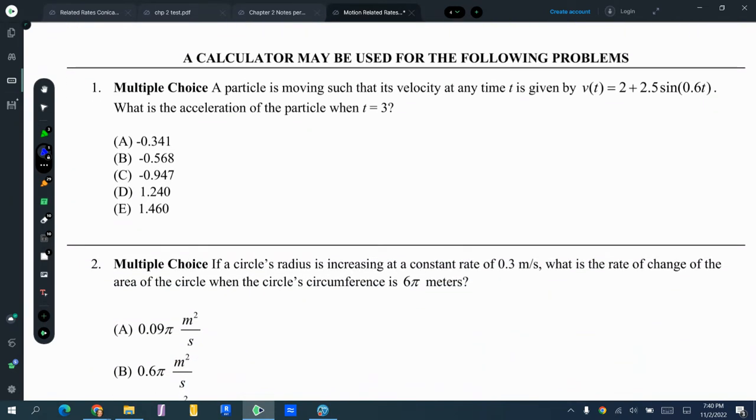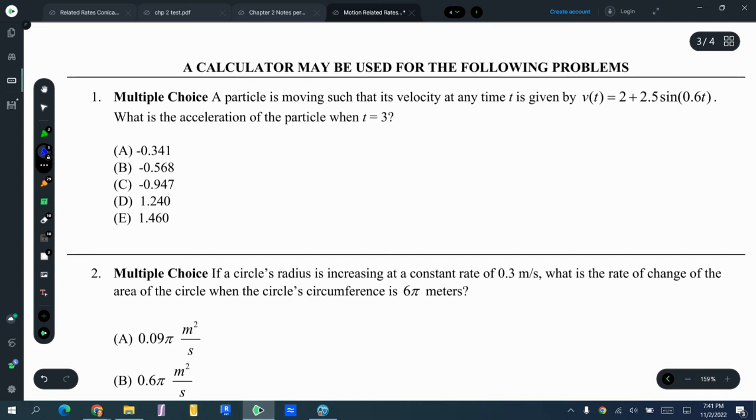All right, for this next chunk of problems, we're allowed to use a calculator. It doesn't always require it, but we can definitely use it. A particle is moving such that the velocity is given by the velocity equation shown. What is the acceleration of the particle when t equals 3? First thing I'm going to do is take the derivative because that's how acceleration and velocity are related. So a of t equals